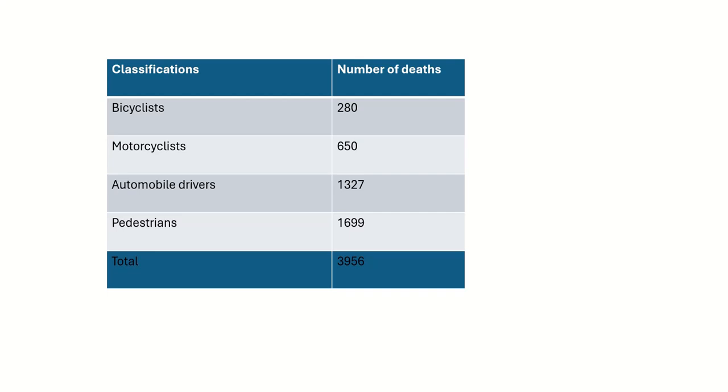The table shows that the number of cyclists who died was 280 individuals. The number of motorcyclists was 650. The number of automobile drivers who died was 1,327. The number of pedestrians was 1,699 individuals, to make a total of 3,956 individuals. So having these frequencies